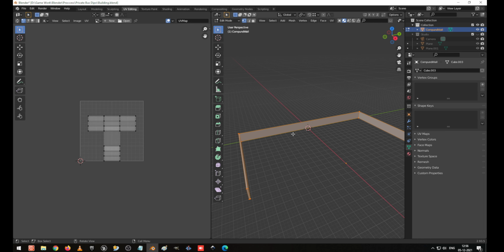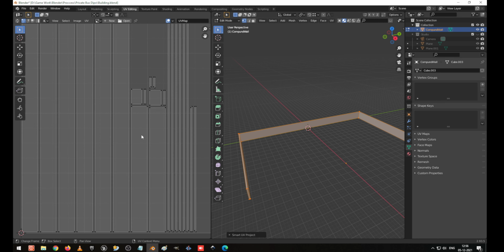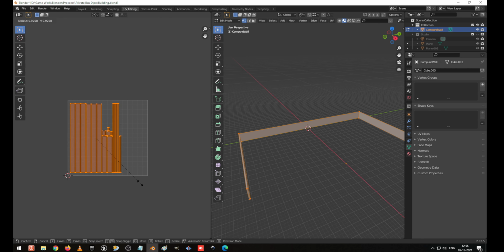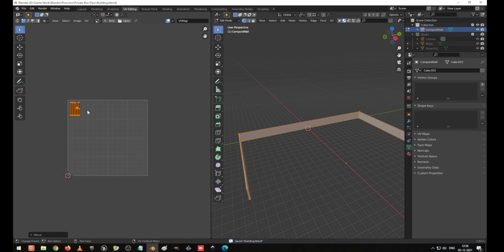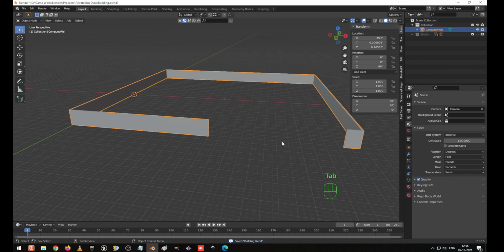No, I make it U to unwrap smart, 0.020. Okay, now I press OK. So now our object has been created. Select everything, scale it down and G to move. Okay, so now our wall has been created, and go to the layout.